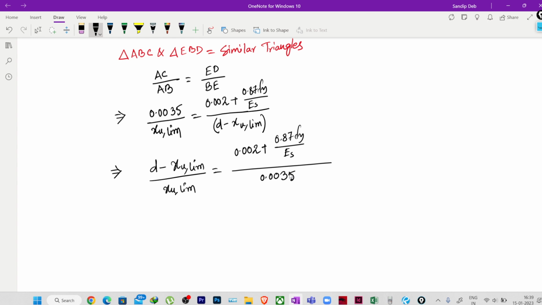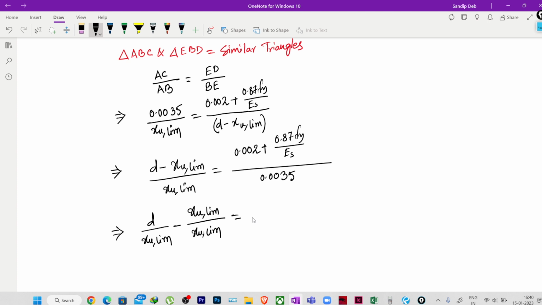Okay, fine. Now we can break it down. So it will be D by XU limit minus XU limit by XU limit equal to